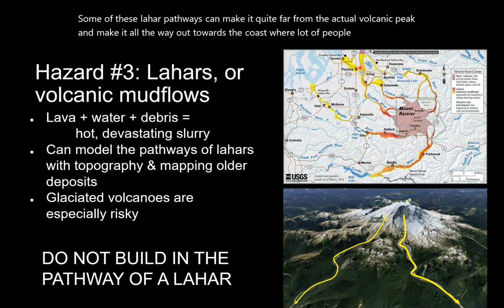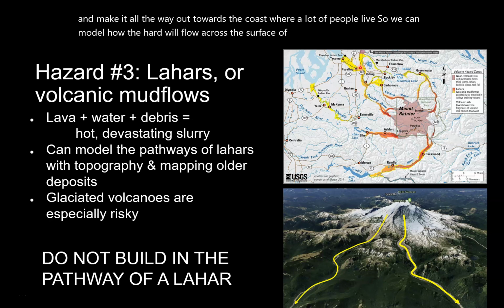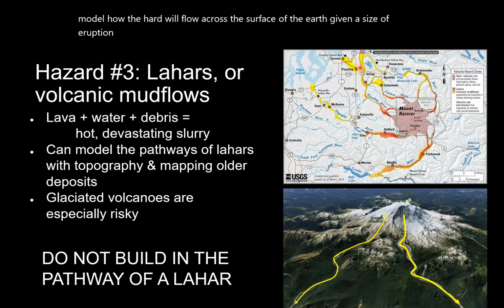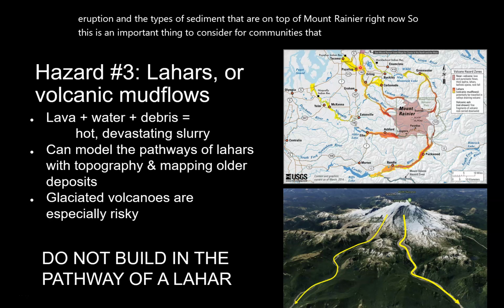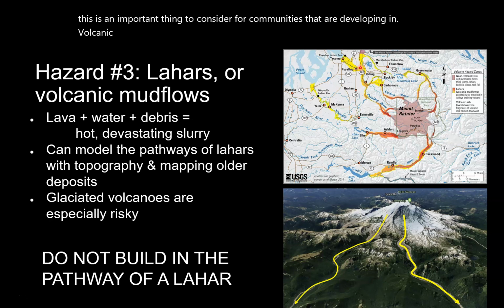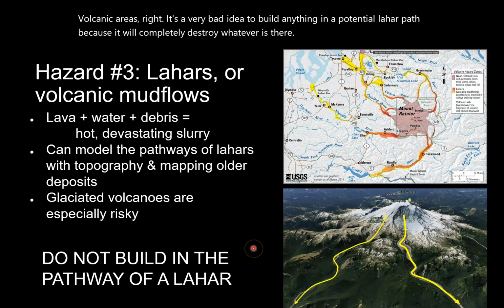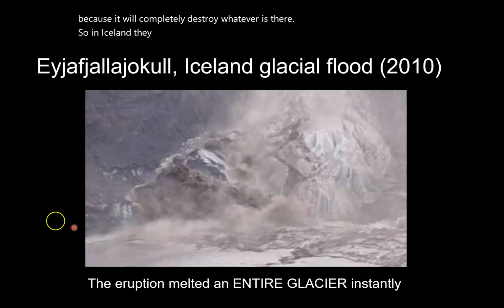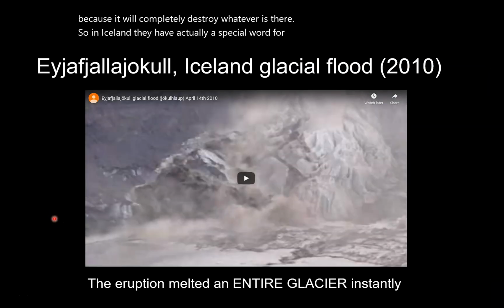So we can model how lahars will flow across the surface of the earth given a size of eruption and the types of sediment that are on top of Mount Rainier right now. So this is an important thing to consider for communities that are developing in volcanic areas, right? It's a very bad idea to build anything in a potential lahar path because it will completely destroy whatever is there. So in Iceland, they have actually a special word for lahars when you have a really